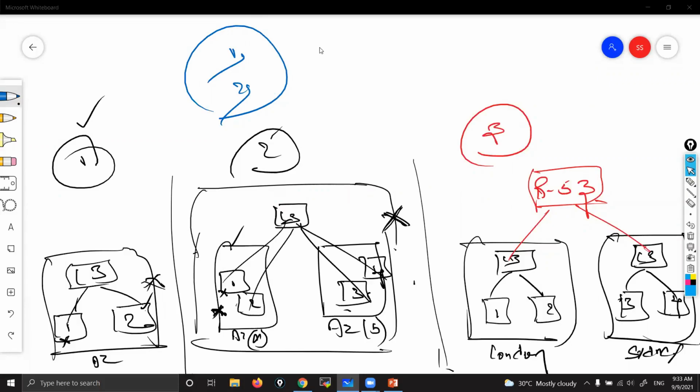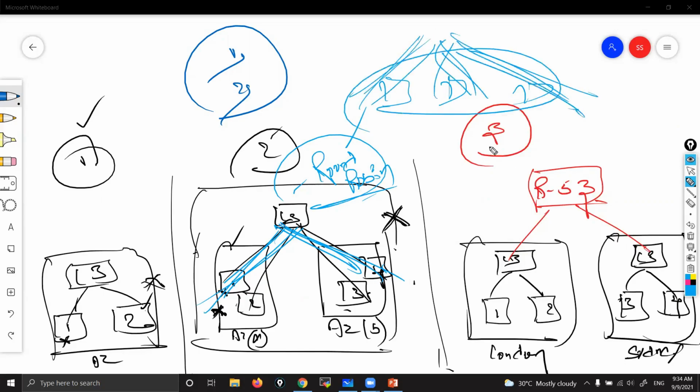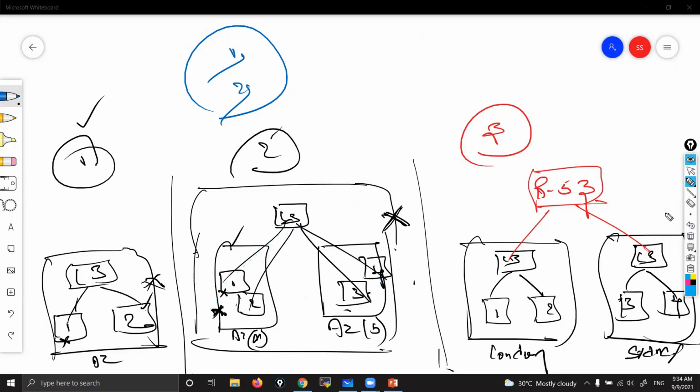Fine. Now, how does the load balancer distribute traffic? Equally, because of the name itself, load balancer: balancing one here, one here, one here, one here. That we call round robin. Round robin means distribution of traffic equally. So 3 servers are there. One here, second here, third here, and so on. This model we call round robin. So the load balancer follows that one.